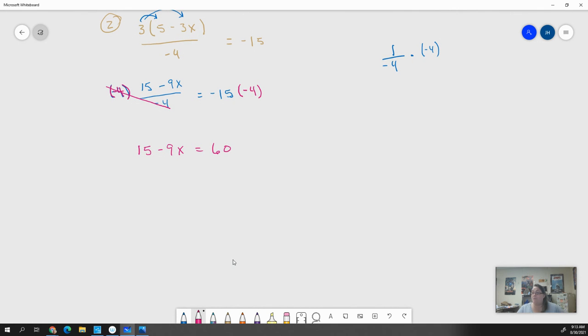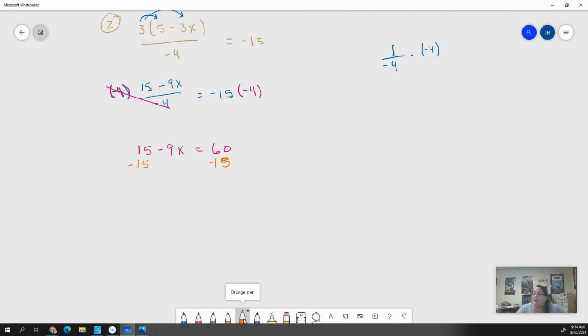Here is a part where people screw up all the time, right? Now we have to start getting that x all by itself, right? We got rid of the negative 4 that was being divided, but now we have this 15 that's being added to it, and this negative 9 that's being multiplied to it, and I need to start taking those off. And like I said, when we're undoing something, we're using backwards PEMDAS, so we wouldn't deal with the multiplication first. We'd start with this 15 that's being added to it. So I am going to subtract